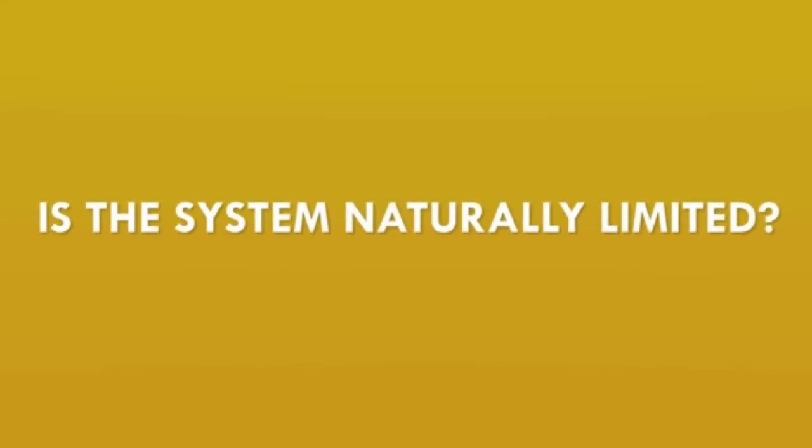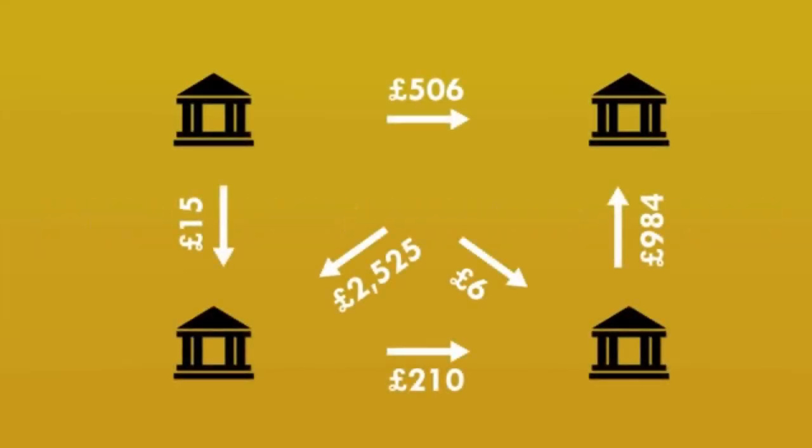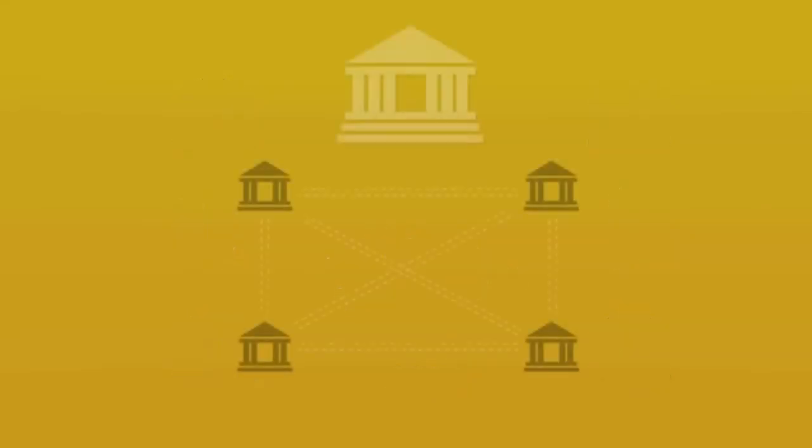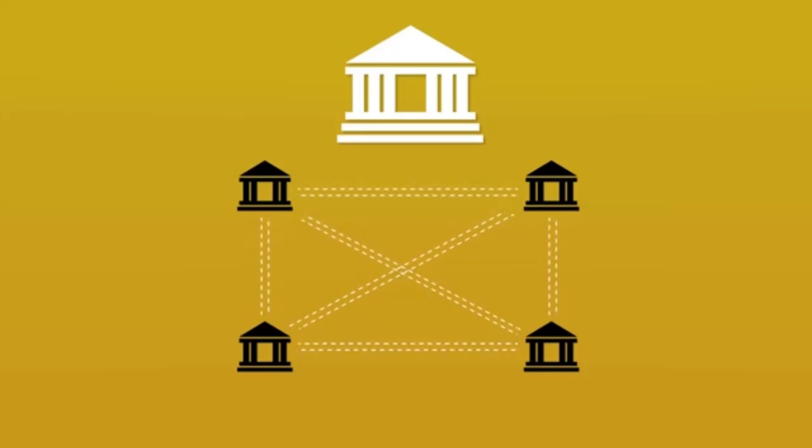Well, let's look at the central bank clearing system again. Remember that there are 46 banks with reserve accounts at the Bank of England. At the end of the day, when all the payments are cancelled out against each other, these banks have to settle between themselves by transferring money between these reserve accounts. Now, the important thing is that this system of central bank reserve accounts is a closed loop. It's technically impossible for any central bank reserves to leave the loop, because central bank reserves are, by definition, numbers in accounts at the central bank, and only the Bank of England is able to actually create or destroy central